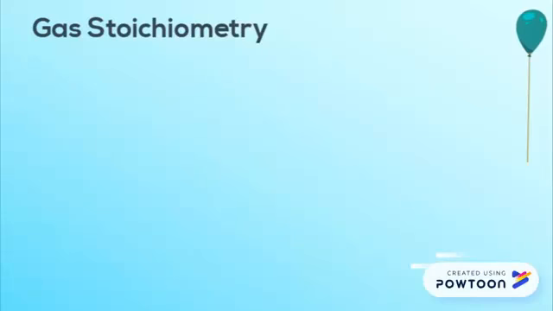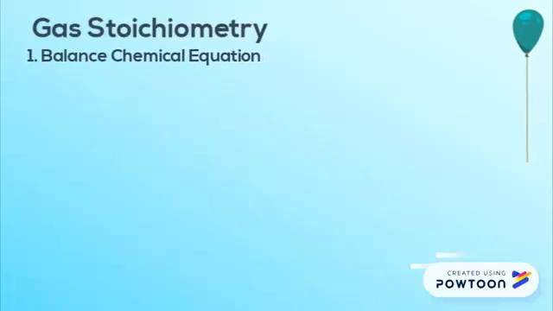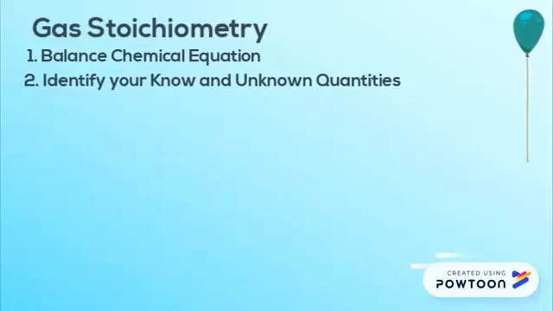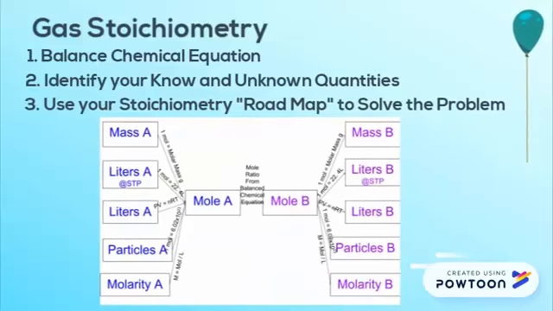You can solve any gas stoichiometry problem using three simple steps. First, make sure you have a balanced chemical equation. 2, identify what is given to you in the problem and what the problem asks you to solve for. And 3, use your stoichiometry roadmap to find the unit you're starting with and the unit you need to end